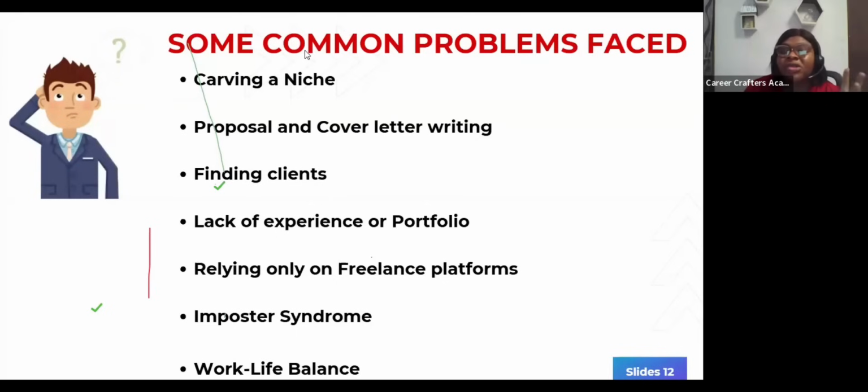Another problem is proposal and cover letter writing. A proposal is like, when a client posts a job, people start sending in proposals saying, okay, I can do this job for you. I will do it at this amount. I'll do it in this many days. This is how I will do it. Give your offer. If you don't know how to write it in a way that gets the client's attention, or in a way that captivates them when they read it, you will write and write, and nothing will come out. Or if you don't know how to write your cover letters, it's a problem. So these are common problems that people face, that they don't know how to navigate.